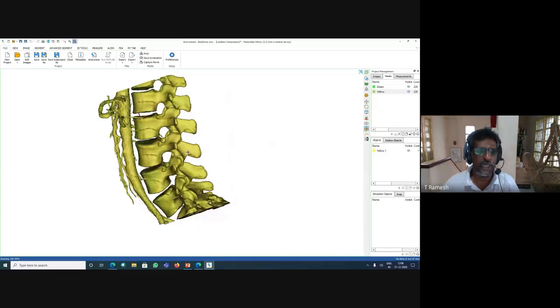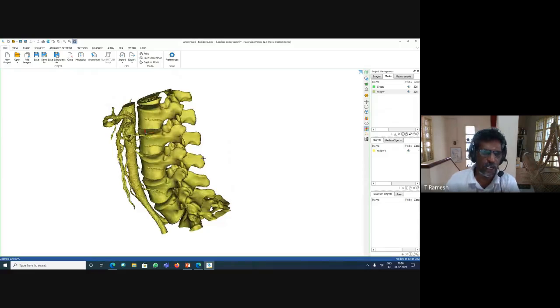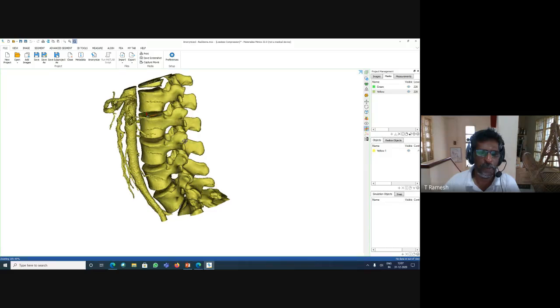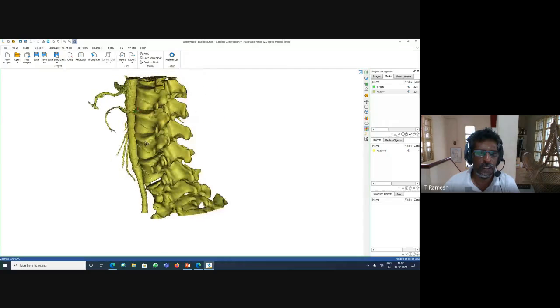Now the CT scanned image data is like a stereolithography file. Every layer will have its own information. So one more advantage is you can directly send it for fabrication using additive manufacturing techniques. So this is the backbone captured from a patient